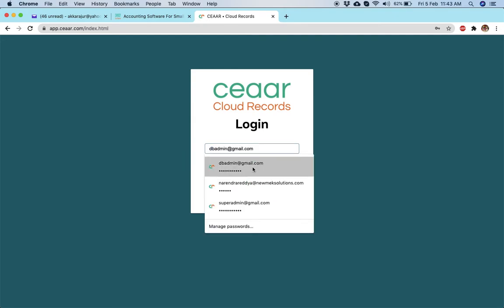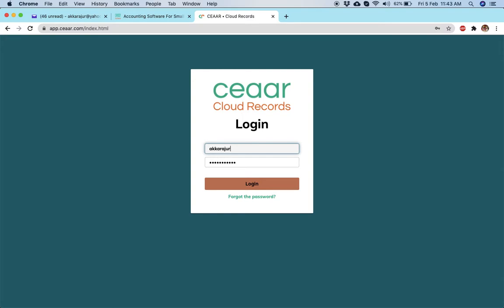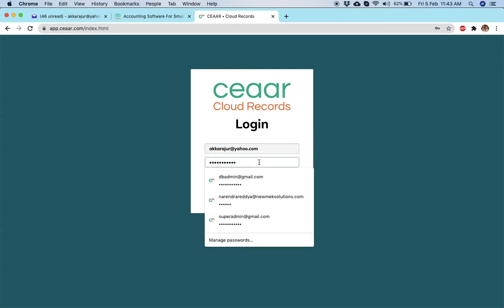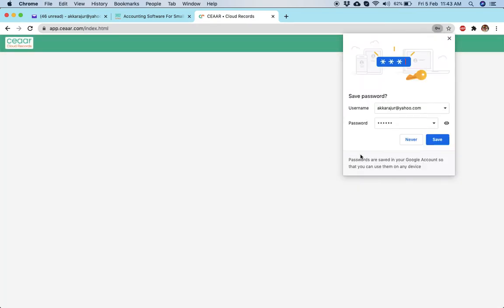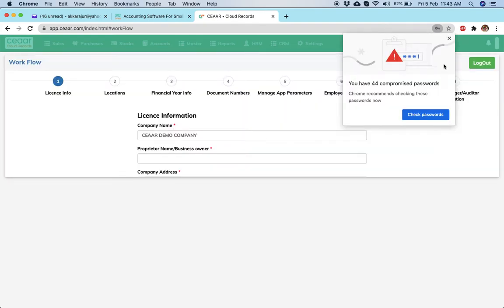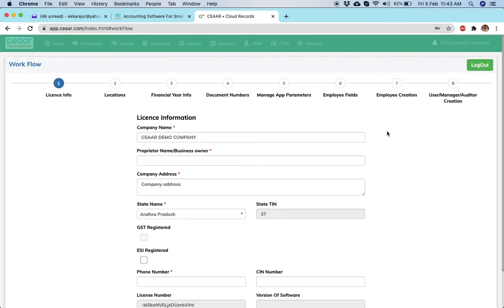So I am entering. Now we are entering the application. We have logged in to the application.